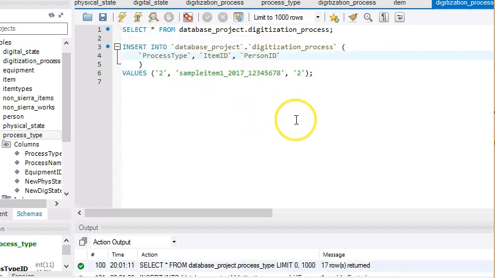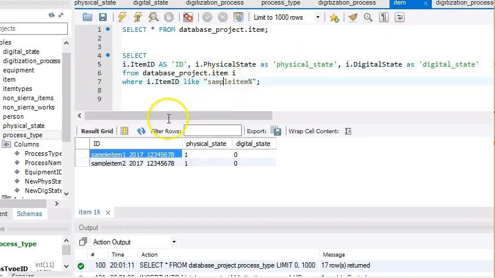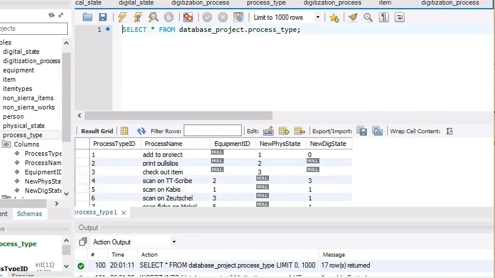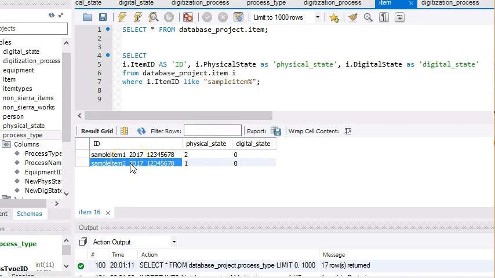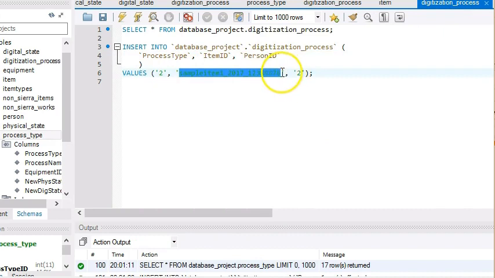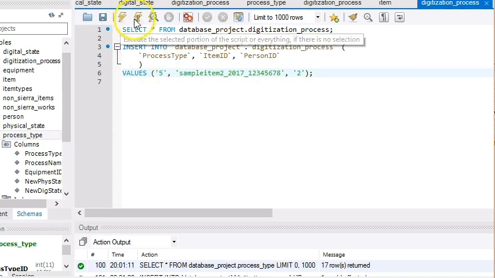and if it works correctly, we've now theoretically printed out a pull slip and updated some things about sample item 1. We come over here to the item tables, and if we refresh these, the physical state has changed from 1 to 2. So this is how the system would work. And if we do something to sample item 2, and copy this name over here, do something to it, and I don't remember exactly what all these different things do, but say we do process type 5, and run that,